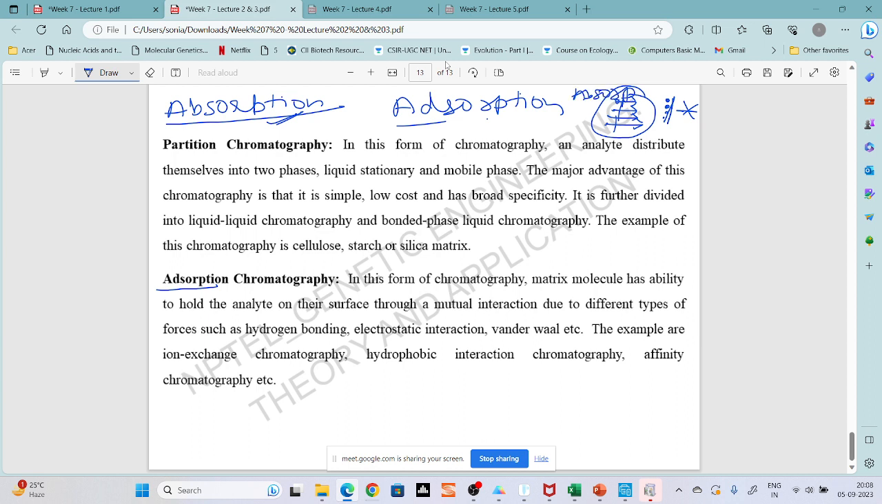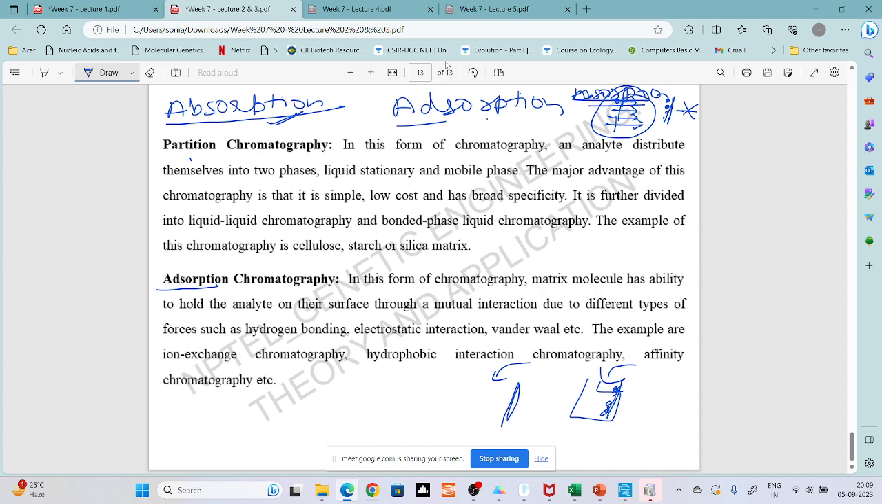So is absorption and adsorption clear now? So what is the difference between partition chromatography and adsorption chromatography is that whatever matrix you have, see, this is your analyte. Analyte means the mixture which you want to separate. So in your column, this is your matrix, and when you are giving the mixture, then the